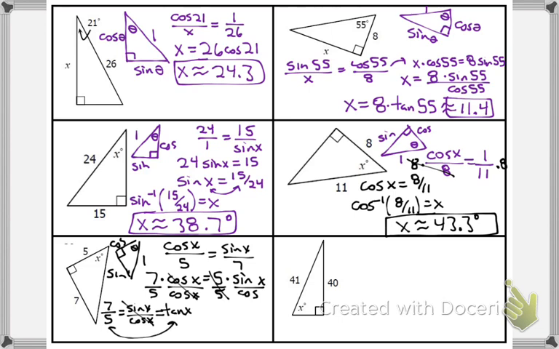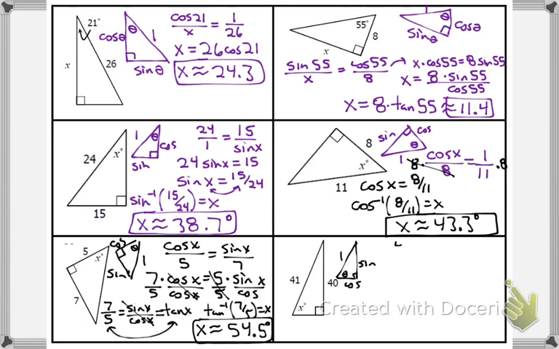I'm looking at these two, and I could say tangent inverse of 7/5 equals x. So x is approximately 54.5 degrees. And that's where it gets a little bit tricky with the inverses and tangent. You have to be careful how you're setting things up and solving. Last one,